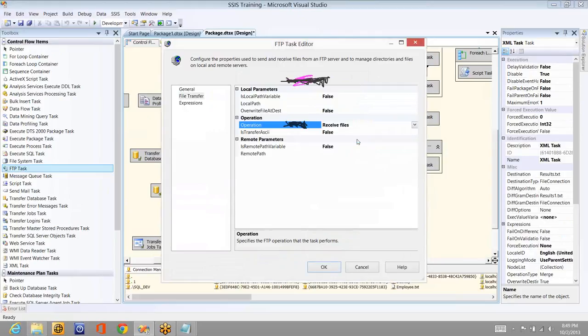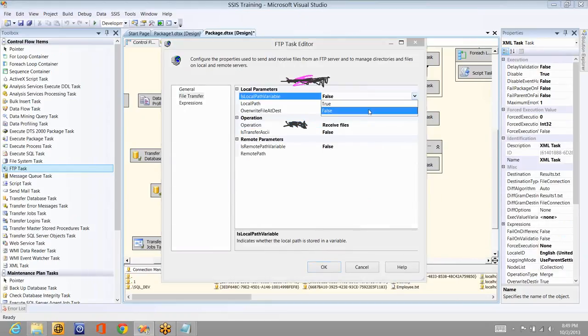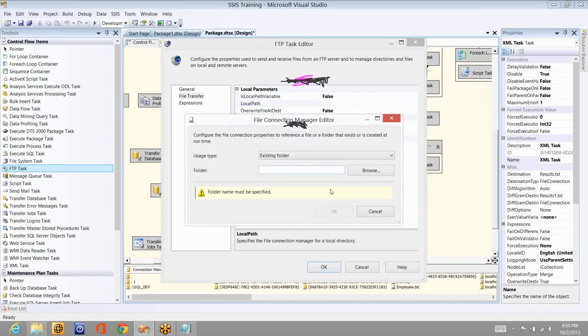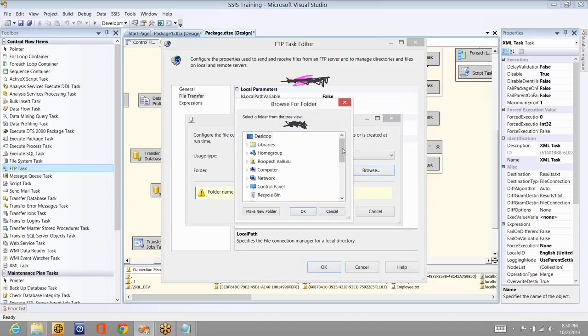Now I set the connection, right? So I'm going to receive files from there. Okay. Now let me set the local path, where I have to copy the file. If I get the file from the remote connection, remote server, where I need to copy it, I have to set it, whether it's a variable or not. It is not a variable. I'm going to select the path directly. Let's say I'll set to desktop, or I'll set to some existing folder I want to copy the file into,